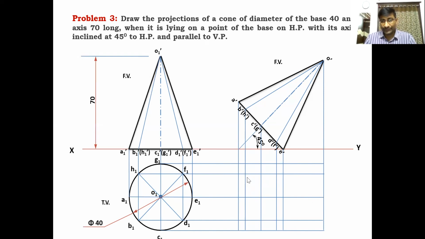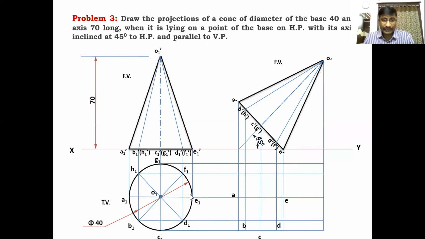The grid is formed. So on this grid position, you have to locate the points. That is the final stage top view points. How to locate the points? The point of intersection between the A dash line and the A1 line will be located as A. This point is E. Like this, the point of intersection between the B dash line and the B1 line is B. Like this, the point of intersection between the C dash line and C1 is C. And this point is D, which is the intersecting point of D dash and D1.